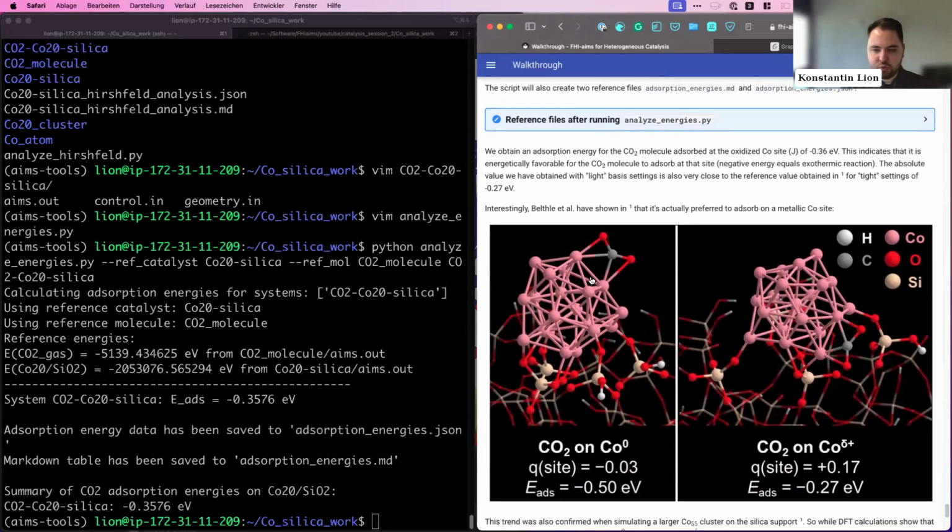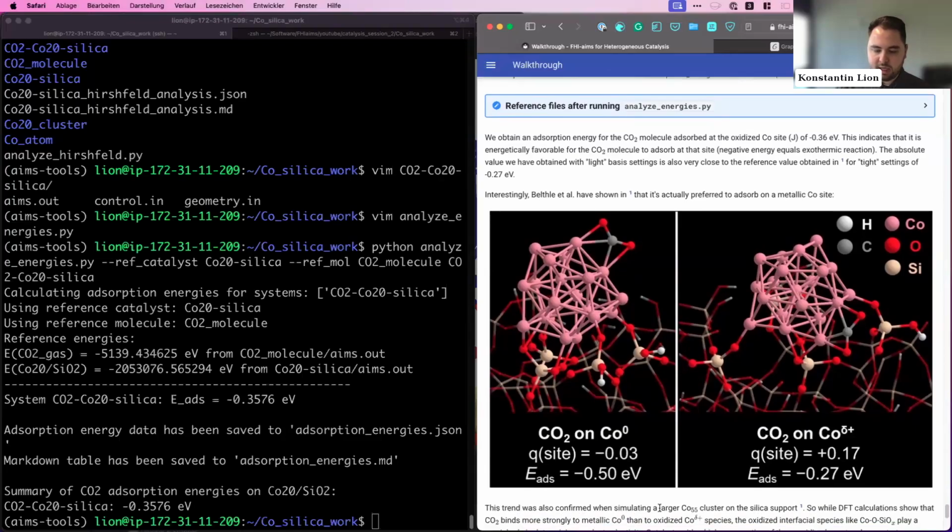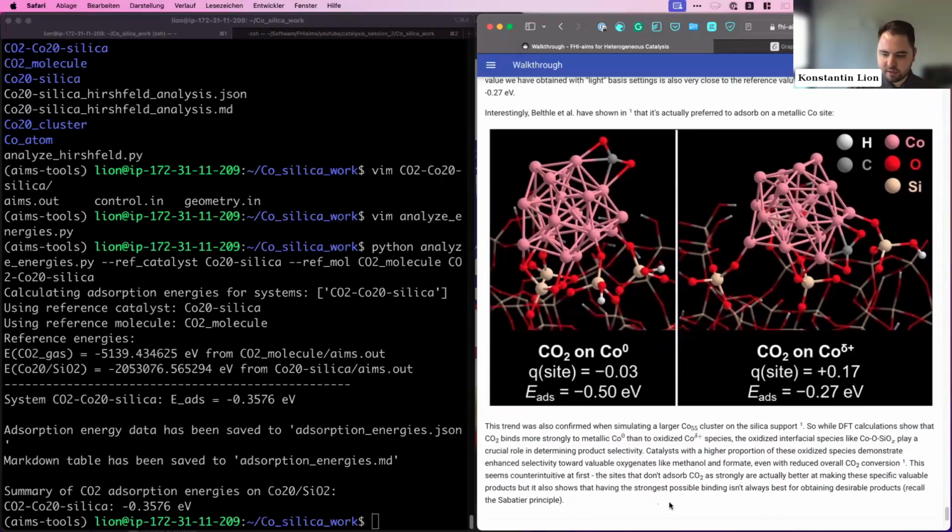Now, interestingly, if you do the same process again on the metallic site, so that's one of the ones up here, as you remember. So these were the ones where you have almost zero Hirshfeld charge. If you adsorb the CO2 molecule at these sites, you actually get a higher adsorption energy. That means the molecule is more strongly adsorbed at the metallic cobalt site compared to the oxidized one. And for catalysis, that's actually not a bad thing, I would say in general,